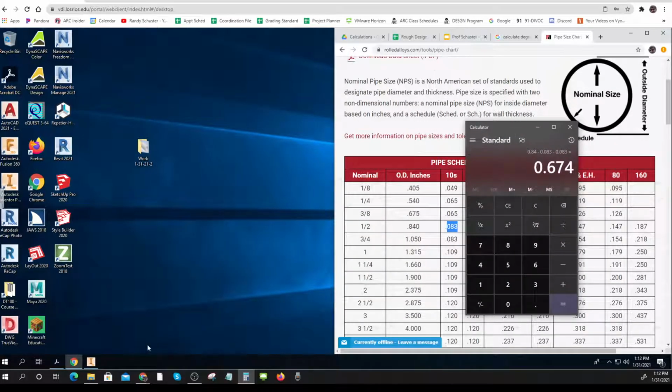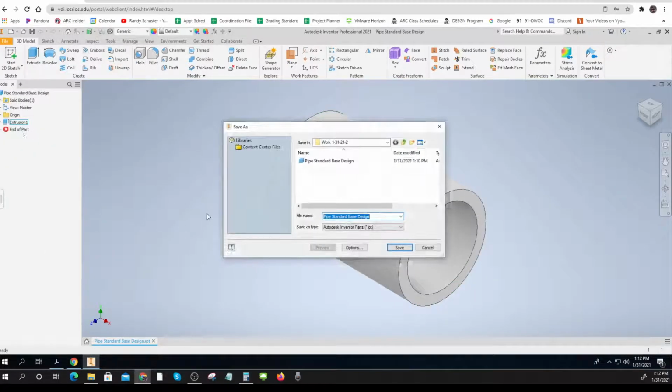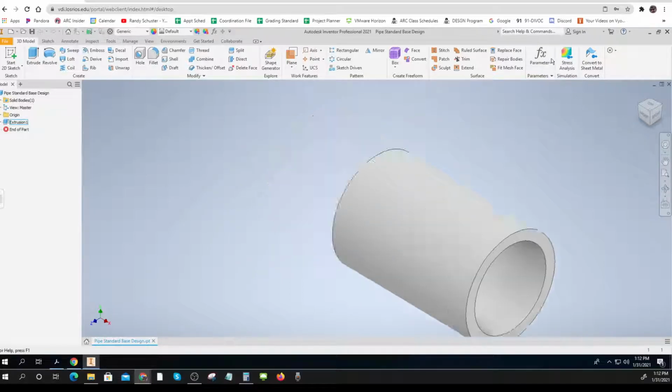I'm going to make it. So I'm going to go File, Save As, Pipe. I think I have to write 1.5. I don't think I can use a slash. 1.5 inch, 0.063 wall by, I'll make it 3 long. So now I've got a description of this part, and I can save it, and very quickly,